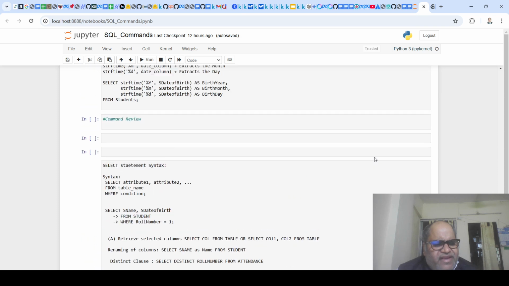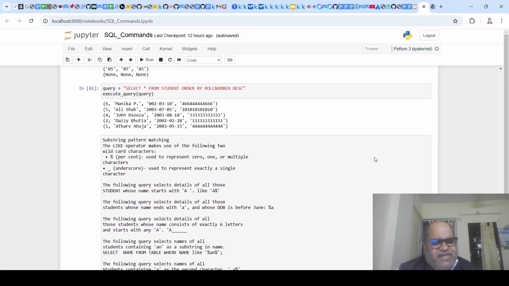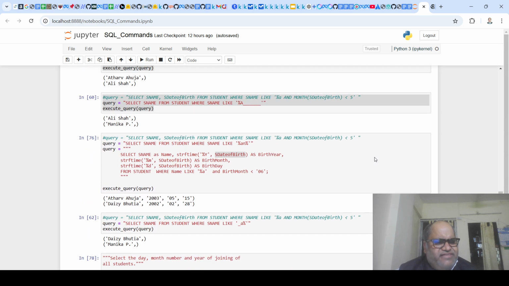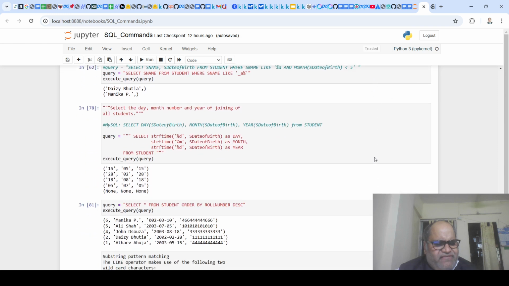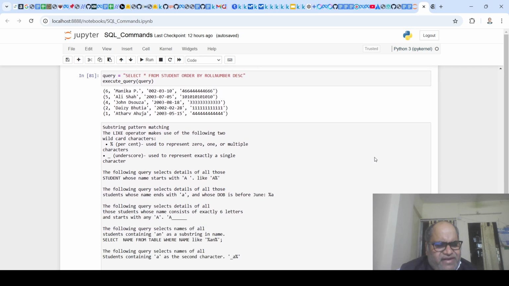So we were looking at what we have done so far. We have looked at the simple select statement. In the last video, we covered how you can create a table with appropriate syntax, how you can insert data into it, and then we started with the basic select statement and variations around that. So we wanted some of the use cases, for example,